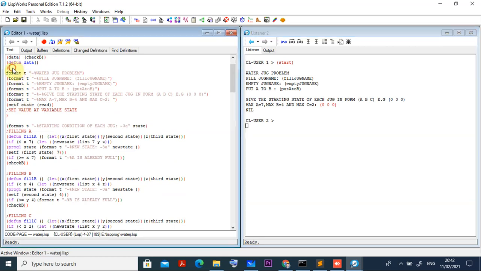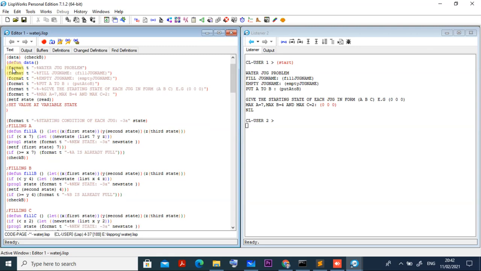This is the water jug, all the things what you see here, it is just what is to be displayed there. Format t, fill jug, all things are also there. So this tilde and percentage will write a new line, and then it will write water jug problem. After that it has given a line, water jug problem, then tilde percentage, fill jug name. So that is showing, writing fill jug name, the same thing I am giving.